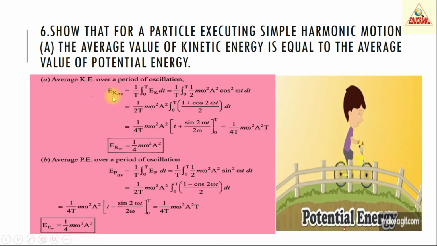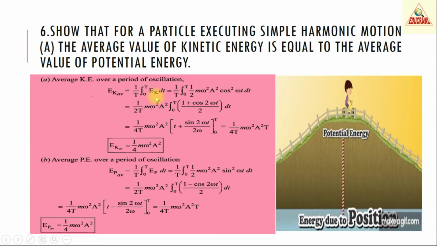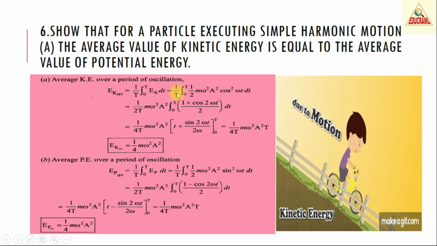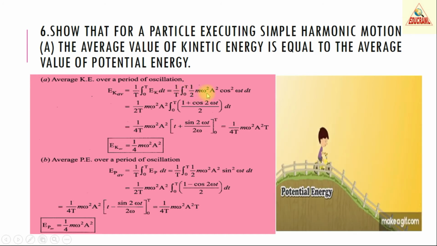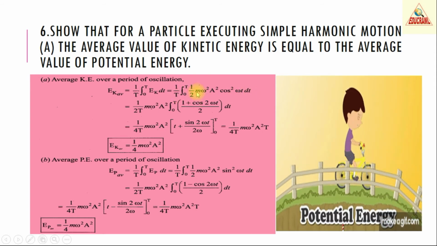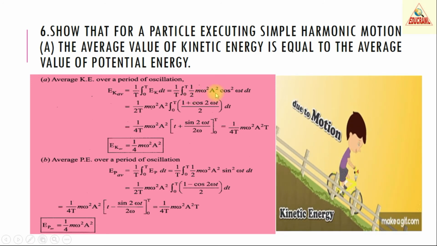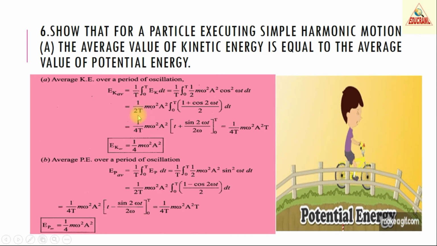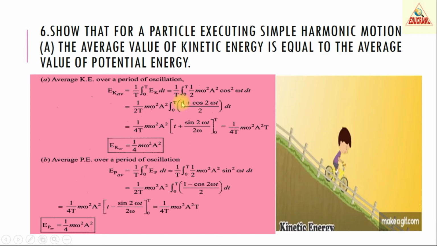We know that the average kinetic energy is given by 1 by T integral of 0 to T Ek dt, which is equal to 1 by T integration 0 to T. The kinetic energy expression is given by half m omega squared a squared cos square omega t dt. So before integration, we will take the constant outside. The constant is half m omega squared a squared. So taking that outside, we have 1 by 2T m omega squared a squared integration 0 to T into cos